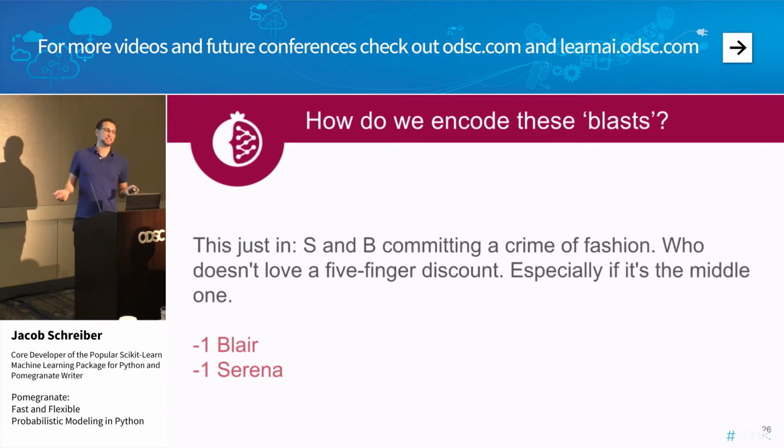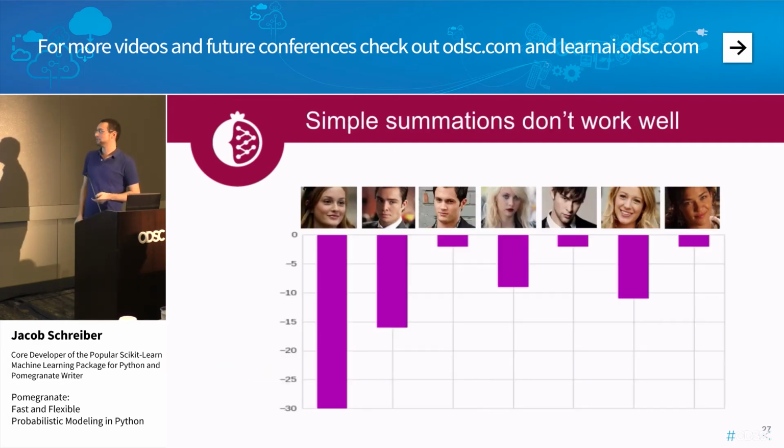Now, as a data scientist, what you end up with is a matrix where each row corresponds to a blast, each column corresponds to the characters, and the values are either 1 if it was for their agenda, 0 if it was unrelated to their agenda, and -1 if it was against their agenda. So you might initially just want to take the sum of that and see what happens. If you do that, some interesting things pop out. Like, for example, Blair on the left seems least likely to be Gossip Girl since she has the most shit said about her.